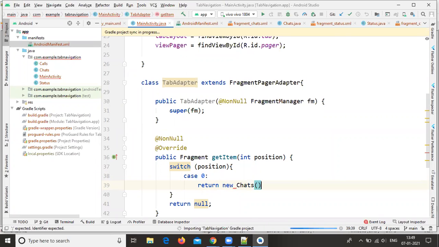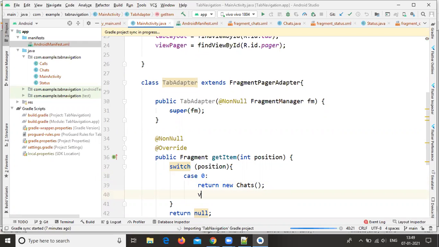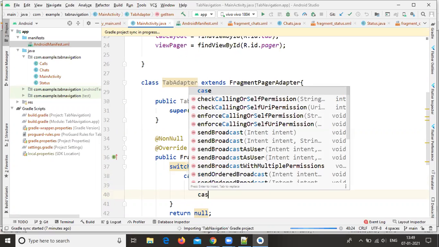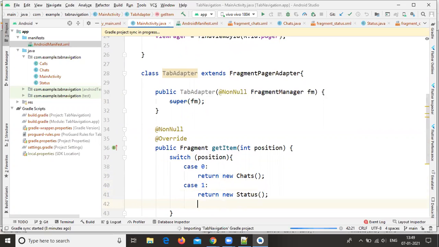Since I'm using return statements, there is no need to write the break statement here. Generally in a switch case, for each and every case we need to write a break statement, but here I'm using return. Case 1: return new Status, and like that.